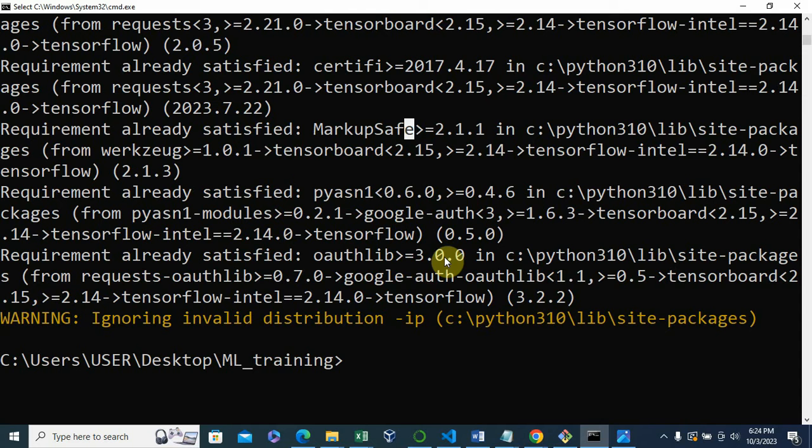So hopefully we have run that. The next thing you're going to run will be pip install Keras. So, pip install Keras. And if you're using Anaconda, you're going to be using conda instead of pip.